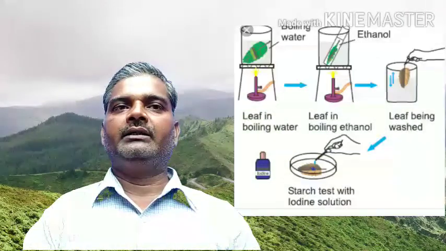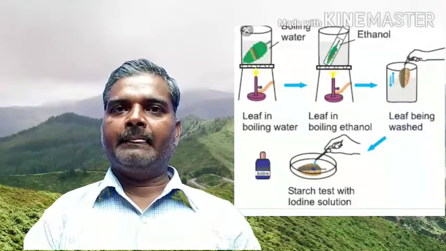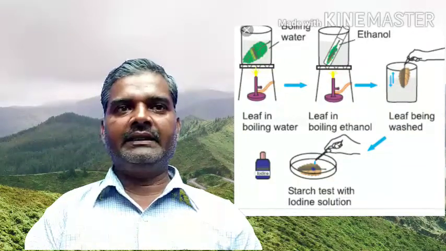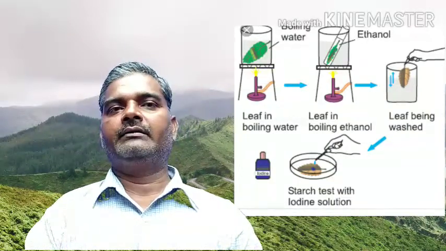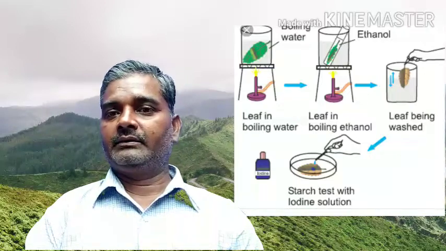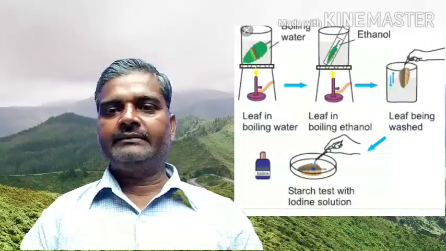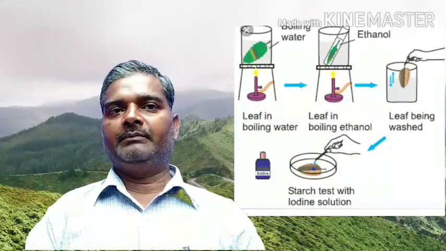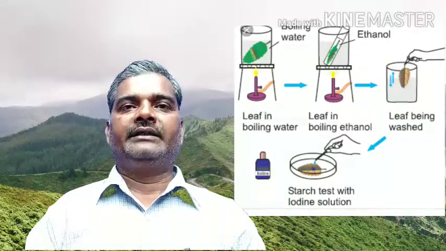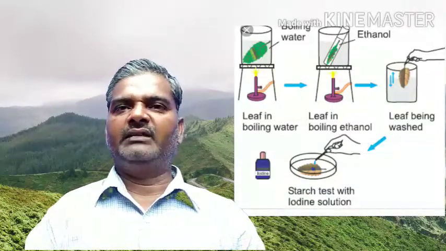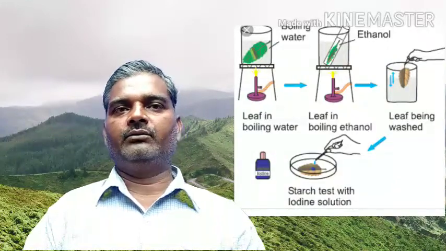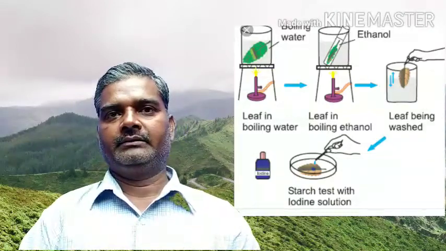First, place a beaker about 3/4 full of water on a stand and boil this water. Place the leaf in this water for about 2 minutes. And second, take the leaf out and put it in a test tube with 3/4 alcohol. Place this test tube in very hot water for about 10 minutes.